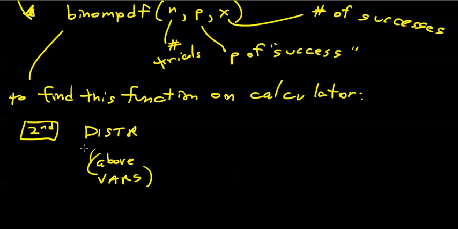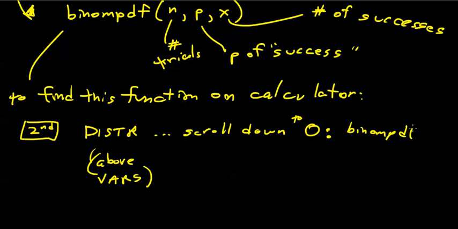So I'll hit second, then distribution, or distr I sometimes call it. Alright, you'll see a sub-menu, and we'll need to scroll down to highlight the binom PDF. You'll see it at address 0 on your list. It's about 10 operators down. Scroll down to the 0 line, 10 lines down, and you'll see it, binom